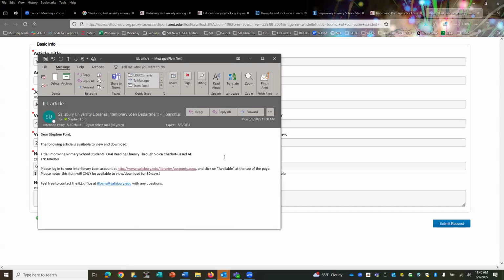Our ILL staff receives your submission and then sends out an electronic request to libraries nationwide who say they can provide the full text of this article. And the library that fulfills the request sends a scanned PDF copy back to us for you. And here's the type of email you'll receive once your article has come in. And you just follow the directions, click the link,